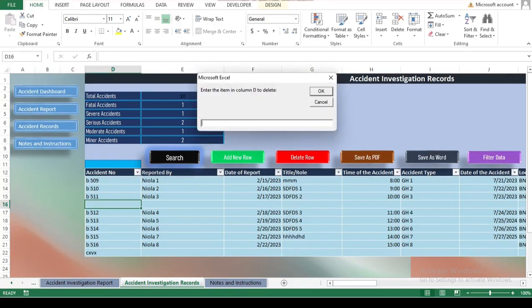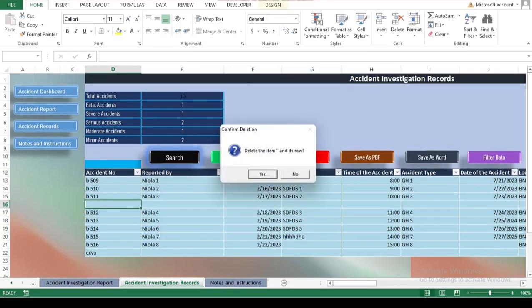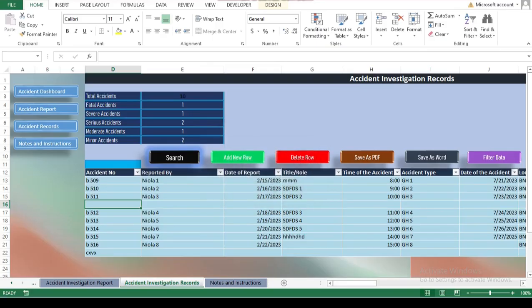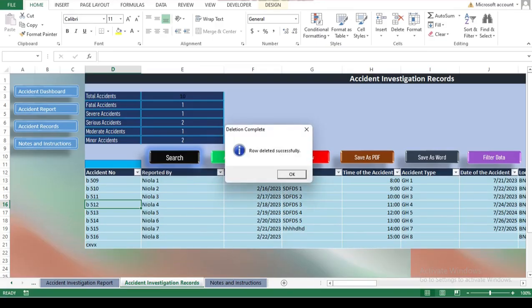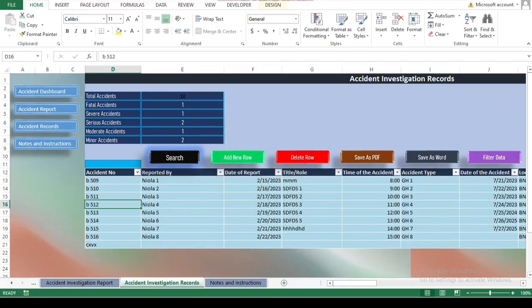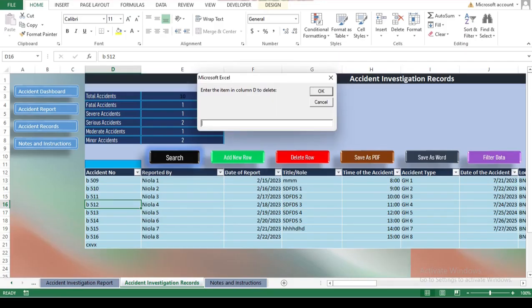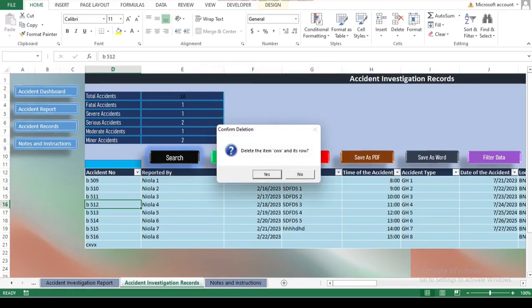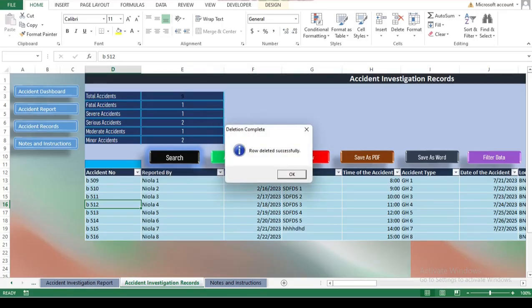The Delete Row button is very useful when managing large tables with many rows. Instead of scrolling through numerous entries to find and remove a specific row, this button quickly deletes the selected row instantly. It helps maintain clean, accurate data by removing unwanted records efficiently, saving time and minimizing mistakes during data capturing